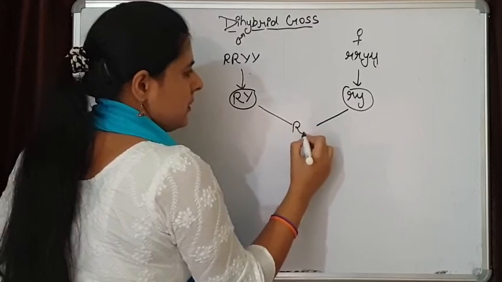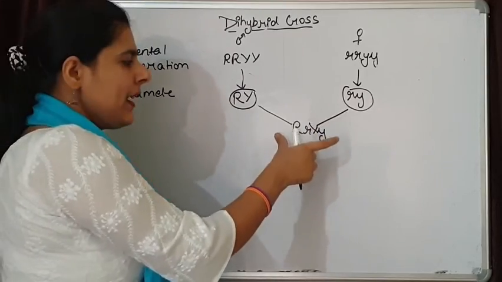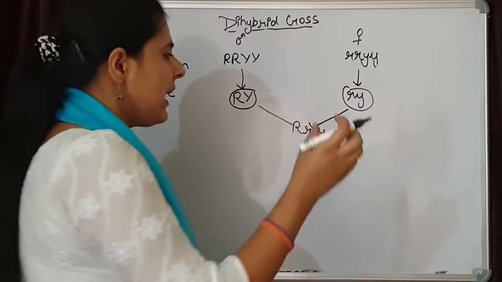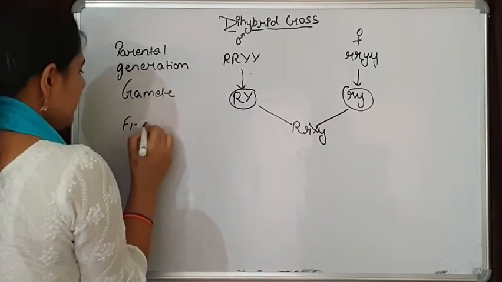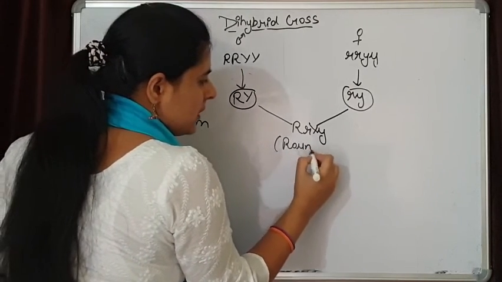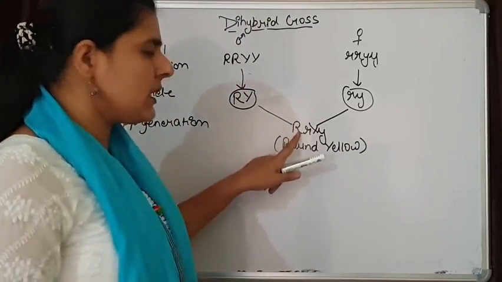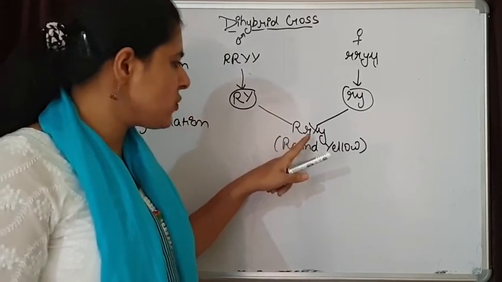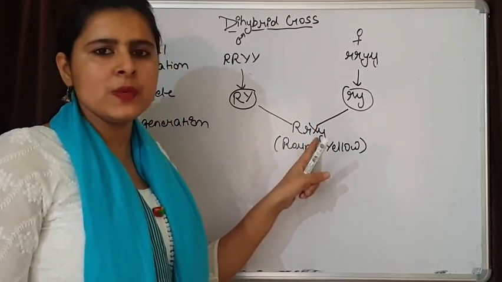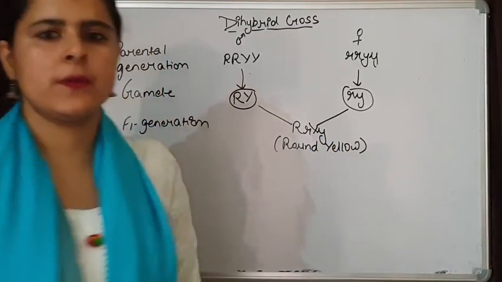Now their combination will take place. These are going to fuse together, and from here Mendel obtained seeds and he grew all those plants, and he found that in the F1 generation all the plants were round, yellow. We can see one capital R is present. This is the dominant one, so it is going to suppress the expression of small r. So round will be produced, and capital Y is present, so that is going to suppress this small y. So yellow will be produced.